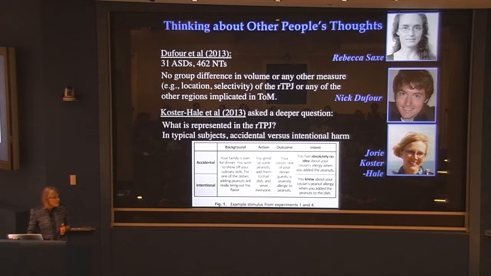What's the representation look like if it's intentional versus accidental? Oh, it's nothing that you can make any sense of. It's just a pattern of voxels that has a response profile like this for intentional and like that for accidental. Does it look different? It doesn't. If you give the data to a machine learning system and say, look at those data and tell me which is which, it can perform well above chance. But there's nothing you can make sense of, like this voxel's a little higher here and that one's lower. It's just some pattern that there's no direct way to interpret, right? Okay, so that information is in there in typical subjects.